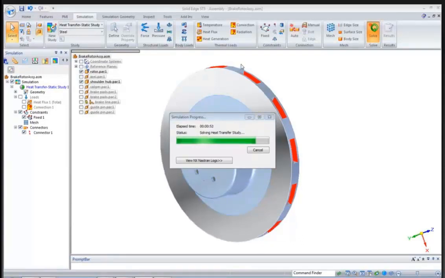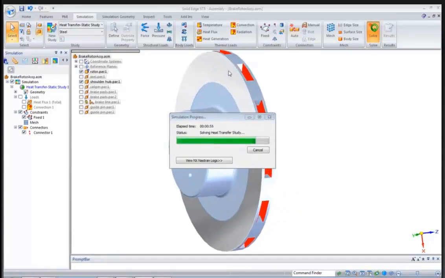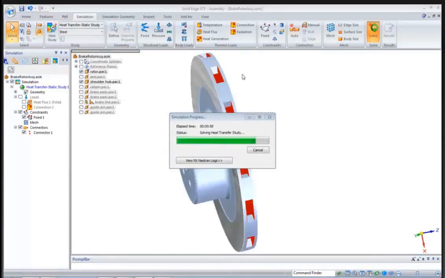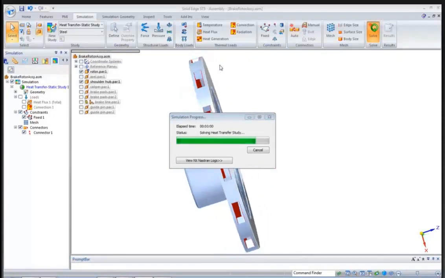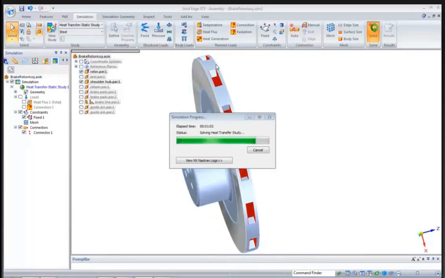Now, with Fourier's law, we can say that the temperature on this surface minus the temperature on this surface, divided by the distance between those two surfaces for a one-dimensional problem, times a certain constant is equal to the heat flux. That certain constant is called the conduction coefficient, and that's what you're going to need to enter when you do these studies. It's a given value for any material. So you can use the internet, or whatever sources you normally use to get material properties,